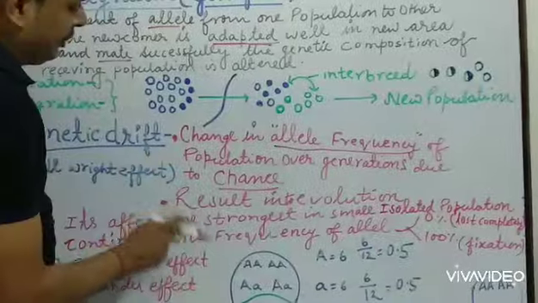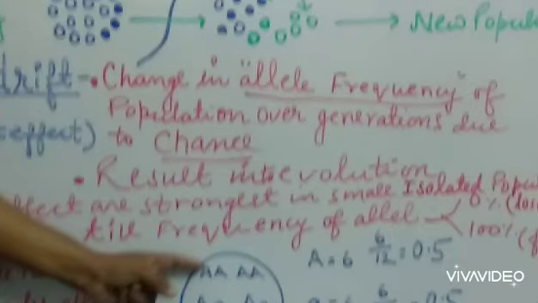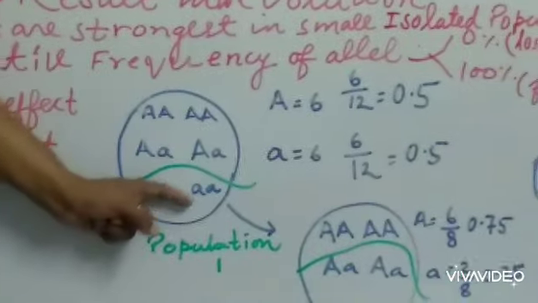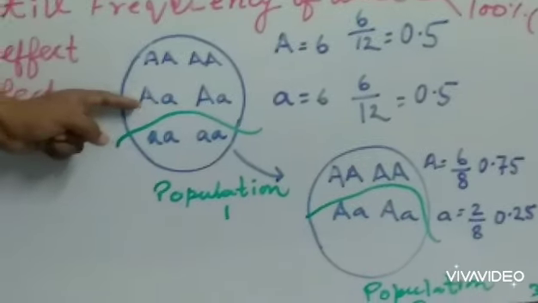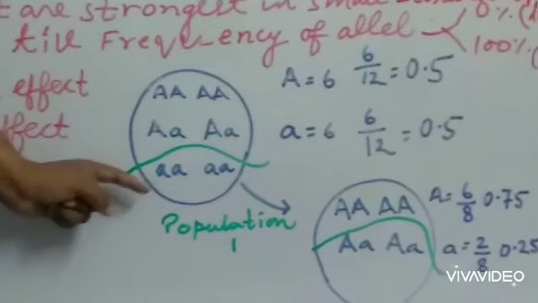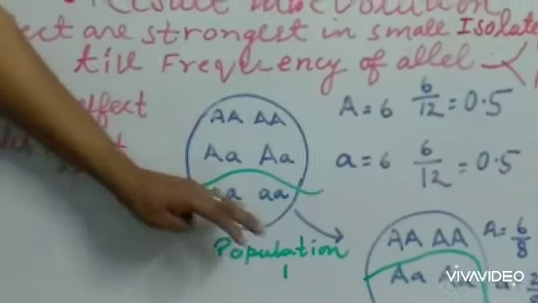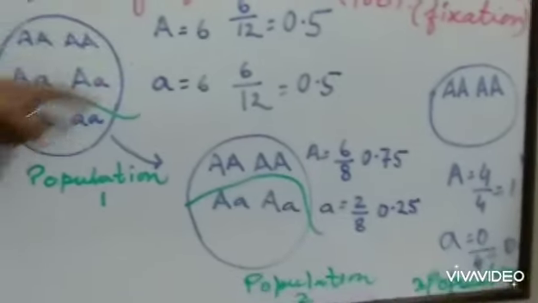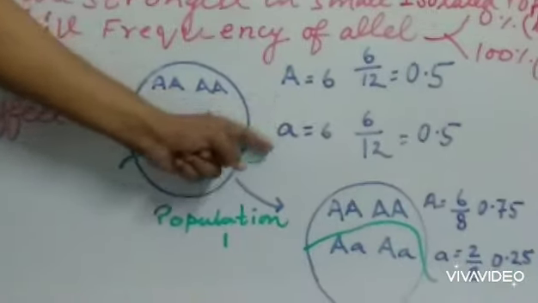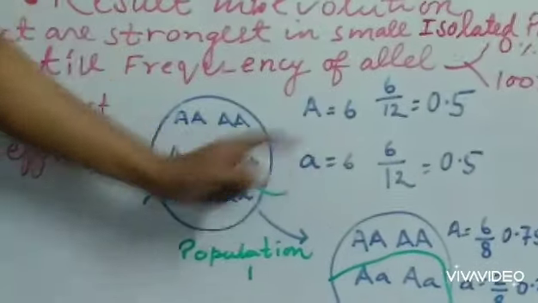First of all, to explain genetic drift, we will consider population A, which has the following individuals with these genotype combinations. Two have the capital A genotype, two have capital A small a, and another has small a. For example, a natural disaster will eliminate the small a combination. In population A, the frequency of capital A and small a alleles is 6/12, total alleles 12. So the frequency of capital A is 0.5, and the frequency of small a is also 0.5.